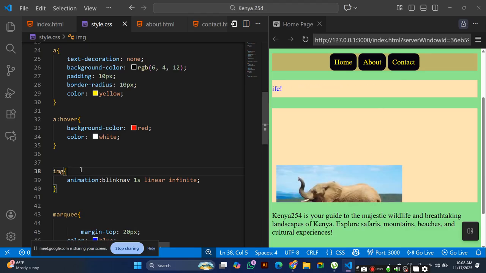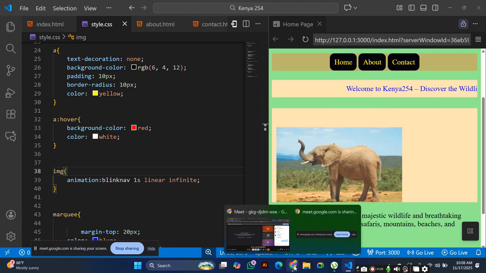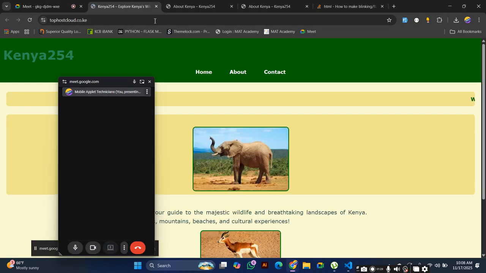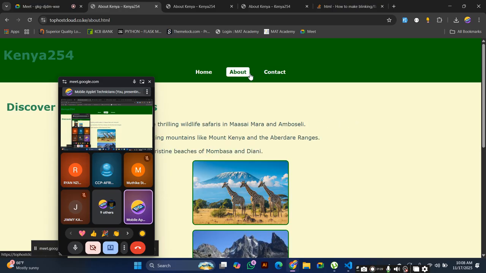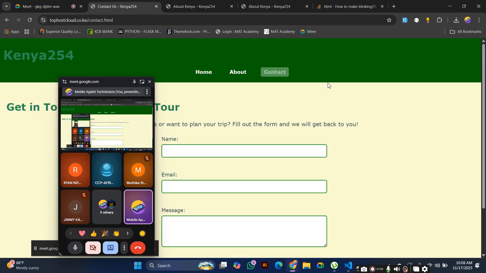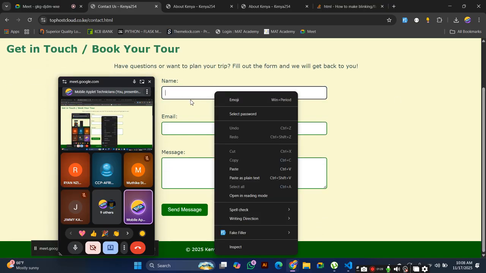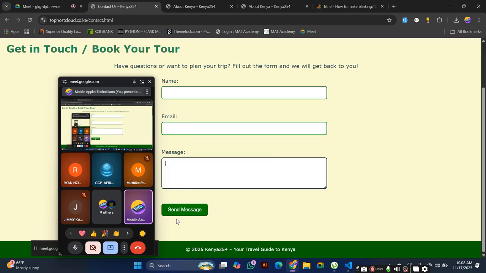For those who did not do the assignment, you work on these two right now before you break. You work on the About Us page and the Contact Us page. Your Contact Us page should look like this. Input whose type is text, input whose type is email, then a text area, then a button. That is what we want.